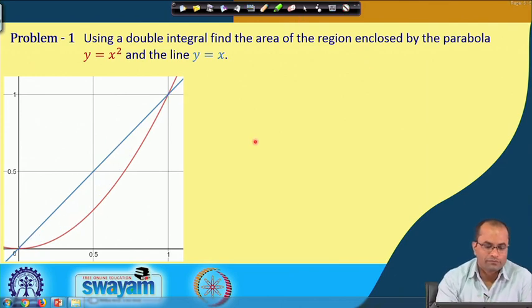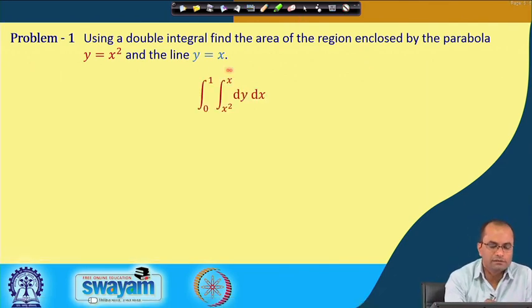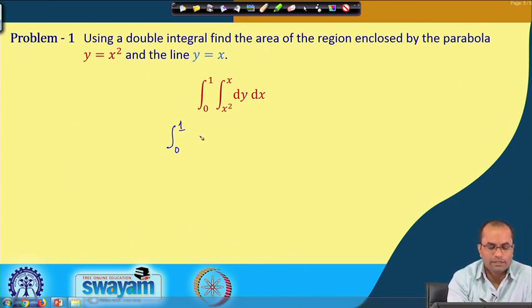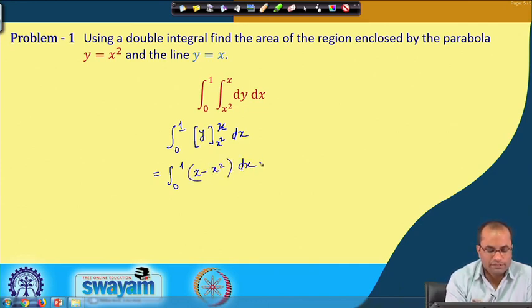So, we need to compute simply this integral now, which will give us the area of the region enclosed by these two curves. So, here the outer one we keep as 0 to 1 and the inner one with respect to y. So, we will get y and then the limit x square to x, and then we have here dx. So, this will be 0 to 1 and y, the upper limit is x and the lower limit is x square. So, x minus x square, and then we have dx here,